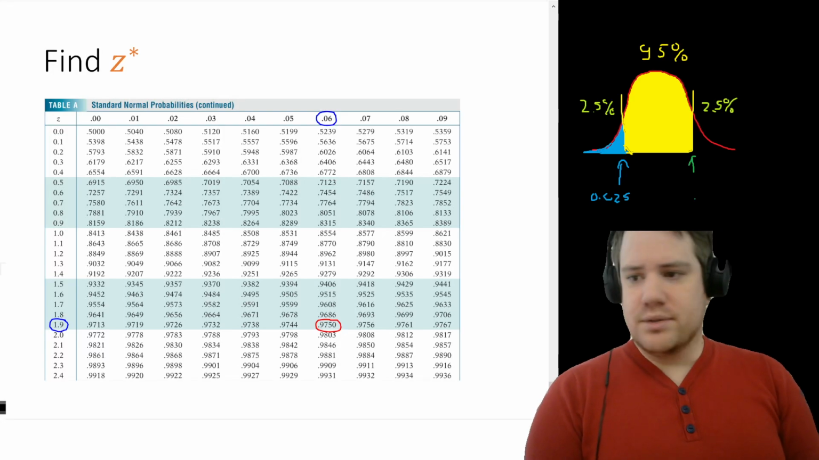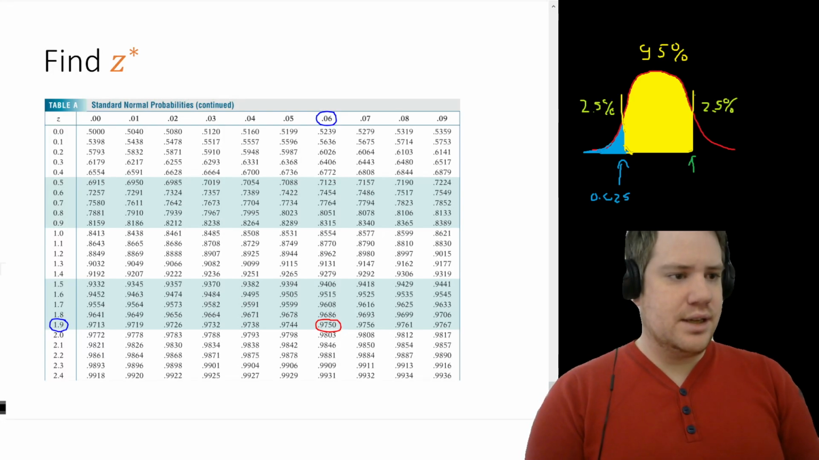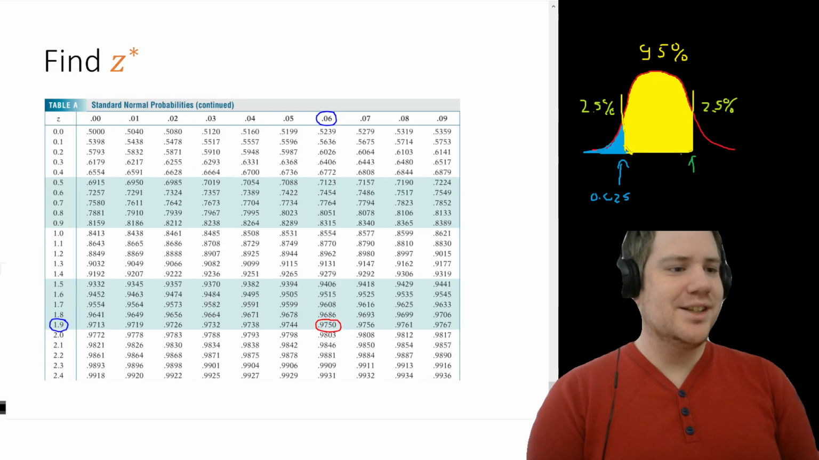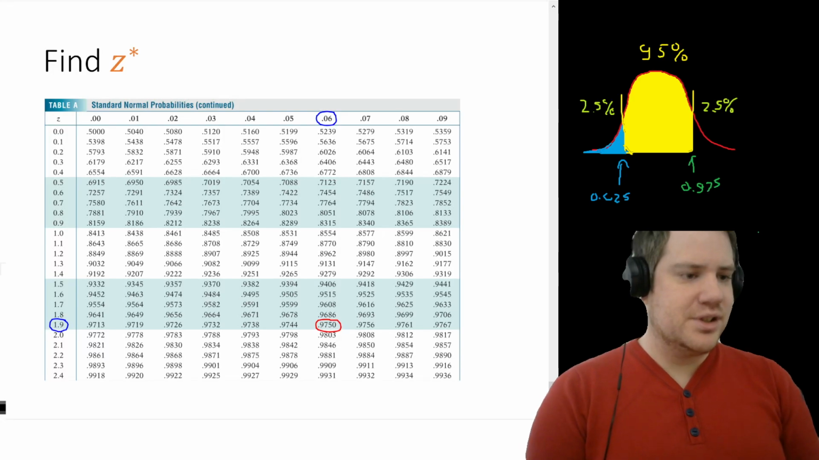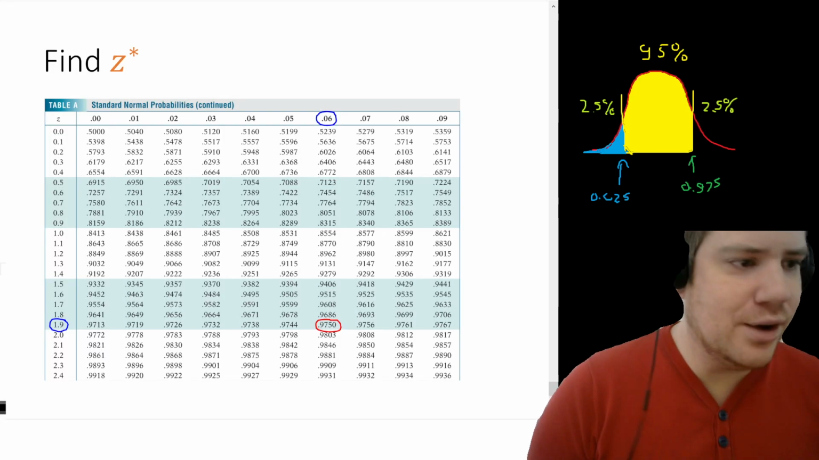How much is below the number on the right side? 95, 2.5%. Well, that's 95, 2.5%. So that's 97.5%. So 0.975. Now, the reason I'm interested in the proportion of scores below